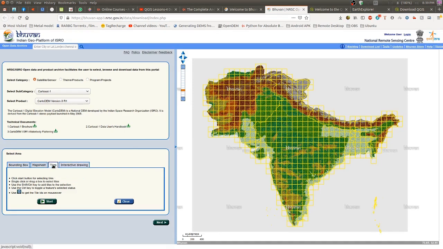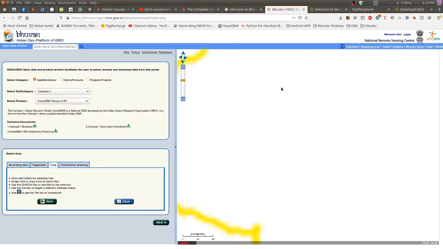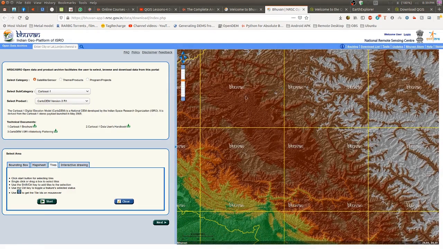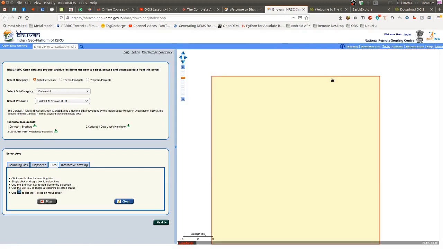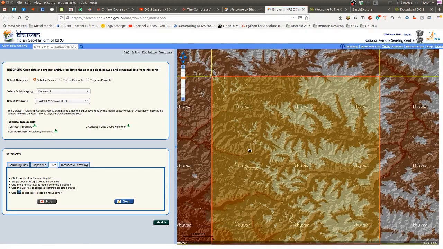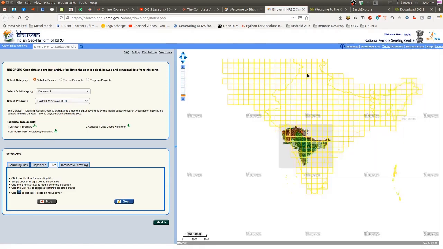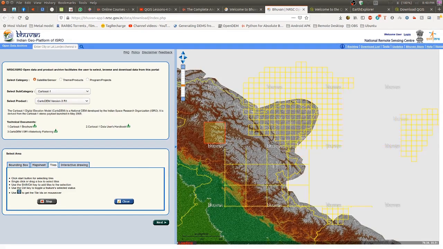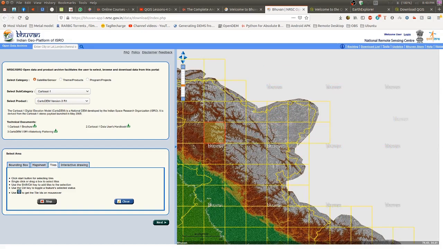Now we will be going for tiles, and we know we are going to use the area of Srinagar Valley. This is the Srinagar Valley. This is covered in 4 tiles. This is a tile, this is another, this is another, this is another. You have clicked on tiles, then click on start. Now take this arrow and click this, and for clicking adjacent areas, it is very sensitive. So these 4 tiles we are going to select.